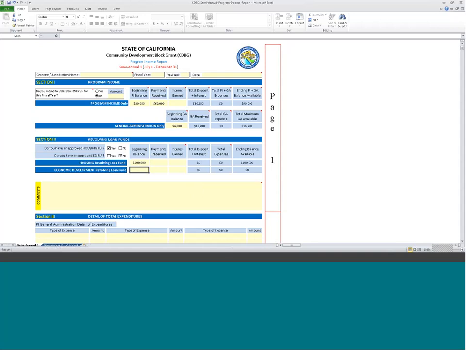So in theory, if they have 100,000 in an approved housing RLF and 30,000 up here, then from an accounting perspective, your jurisdiction has 130,000 in CDBG proceeds, program income RLF money. As a reminder, if you have an approved RLF for housing, and this 100,000